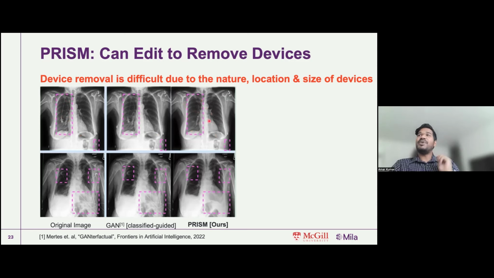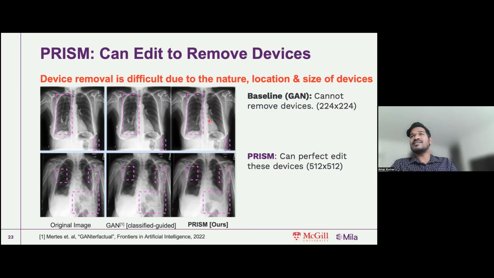Now, to give a bit more context about this, the removal of these medical devices is not easy because these devices could be anywhere. The location is not specified. We are not providing any mask or size of these devices. It's just based on the semantic understanding that there are some devices present in the image, find them and remove them. Doing such a task without any extra supervision is a very difficult process, and any of the methods that exist out there is limited to perform this at high resolution, and also the downstream performance that you get is not good.